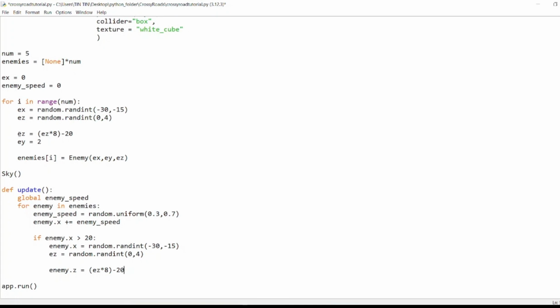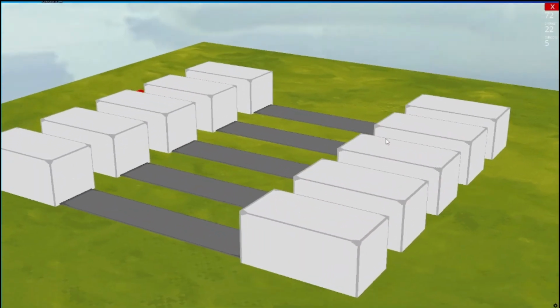This is basically this part copied here with minor changes. This is the if condition to set a position limit to the enemy, like when it will cross the X position of 20, it will set the random position for the X position, and then again it will have a 0 to 4 random iteration, and then the enemy.z would be multiplied by 8 and then minus 20, just like before. The expected output would be